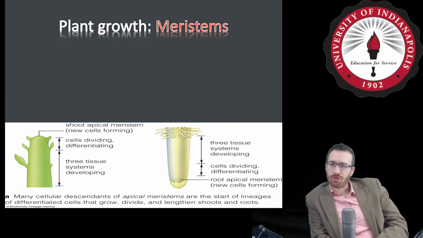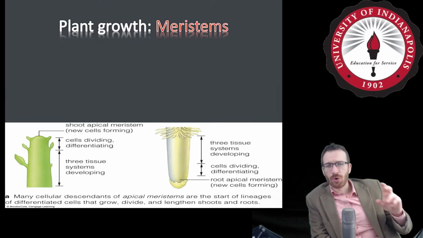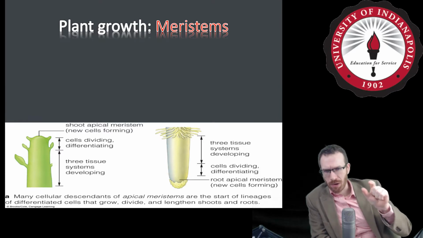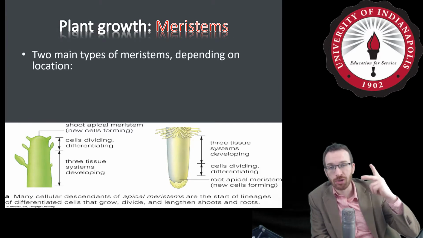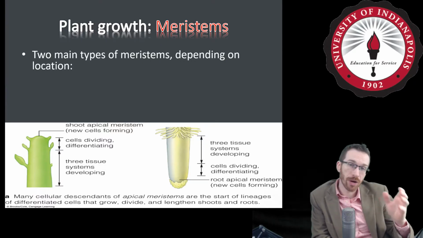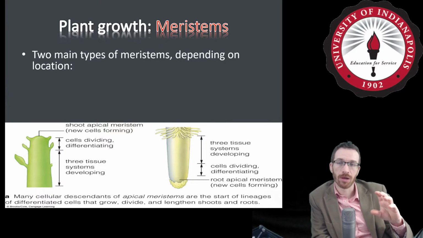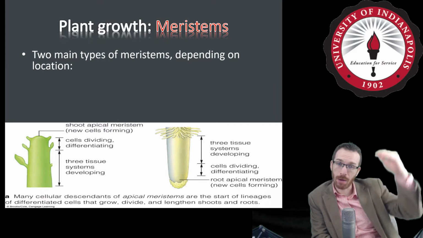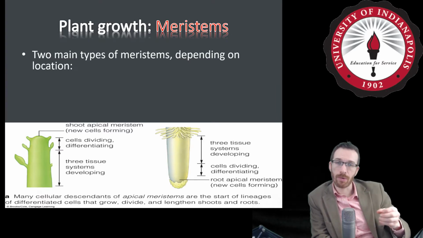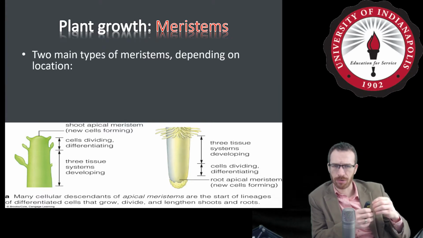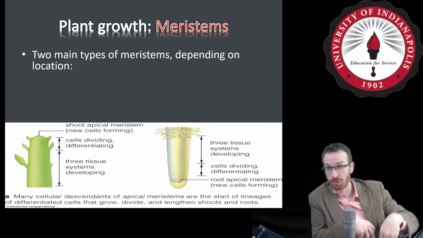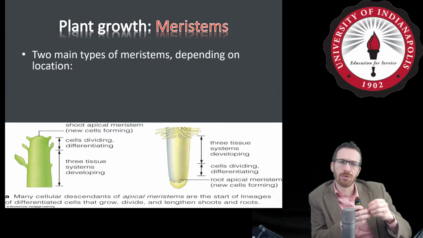So when we get to plants and growth, plants, unlike animals, only grow at specific parts of their body. These parts of their body where growth occurs are called meristems. And there's going to be 2 types of meristems depending on where in the plant we're talking about. Are we talking about the plant growing up and down, or are we talking about the plant growing wider? Those are the 2 big types of growth. Growing longer, or if you're a root, I guess deeper, or are you making the stems and the roots fatter